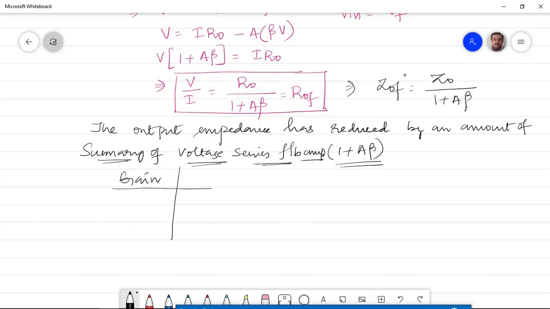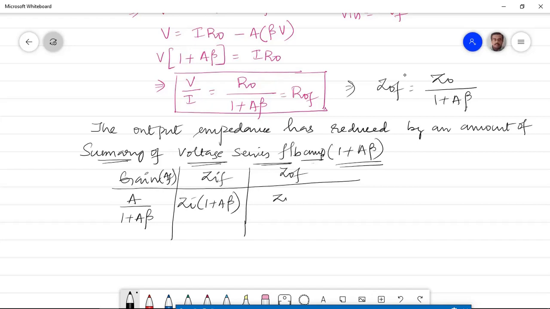The summary is like this. We'll have the gain, the input impedance, and the output impedance. What is the gain equation? The gain equation is A divided by 1 plus A beta. When I say gain, I am concentrating on the AF value. What is ZIF? ZIF is ZI times 1 plus A beta. And what is ZOF? It is Z0 divided by 1 plus A beta. This is the summary that we can have for a voltage series, also called a series shunt feedback